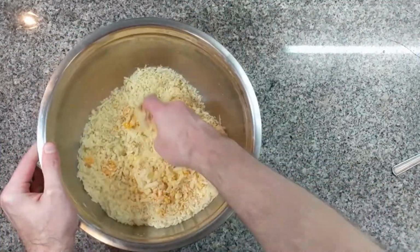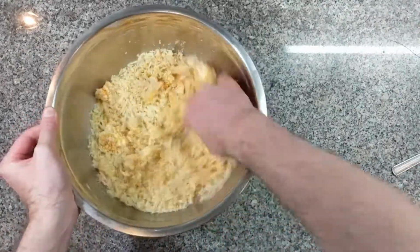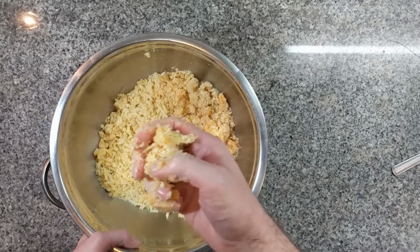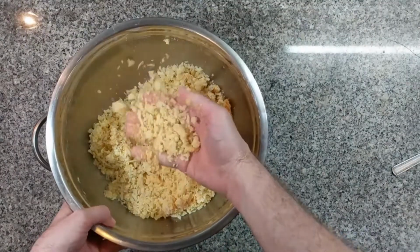Break it up, mix it up. This is everything that's going to go into these cookies. Nothing else is going in. Now, because we just put 2 egg yolks in there and they all got stuck to very specific pieces of the dough,